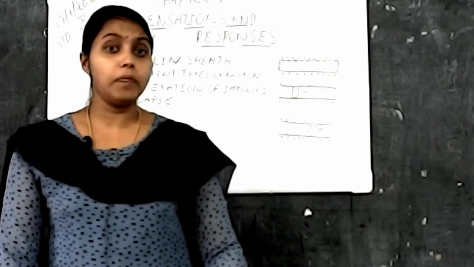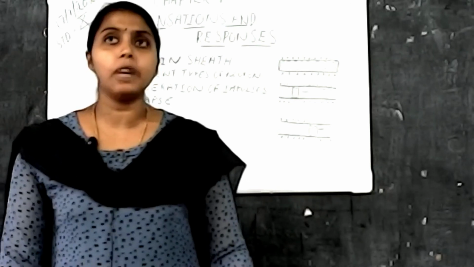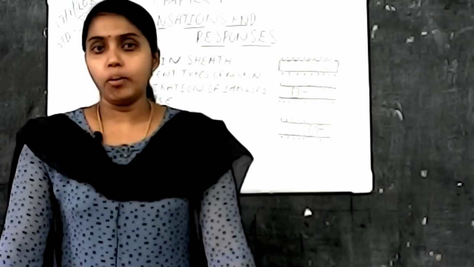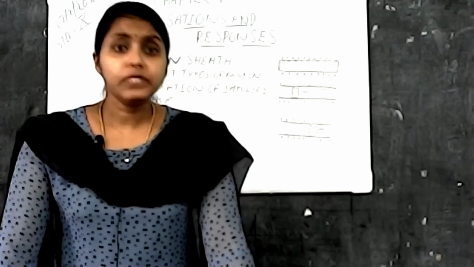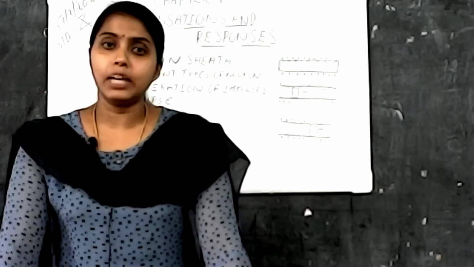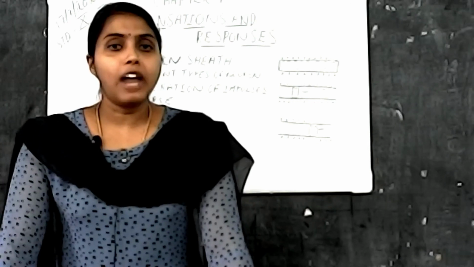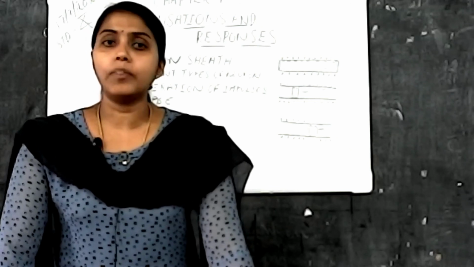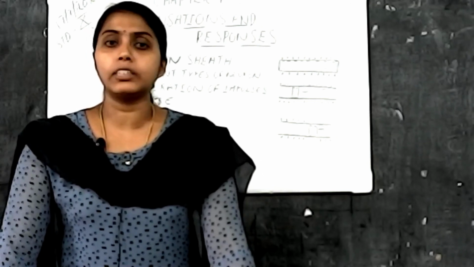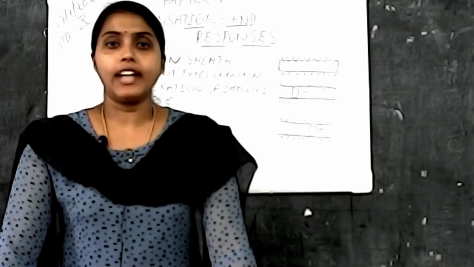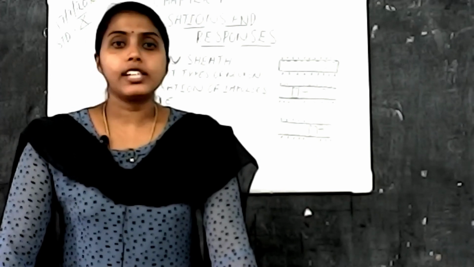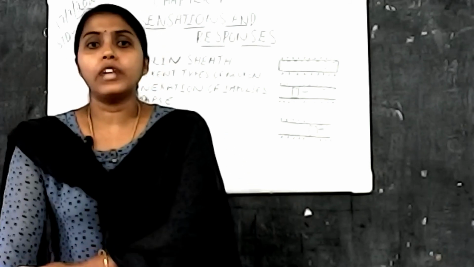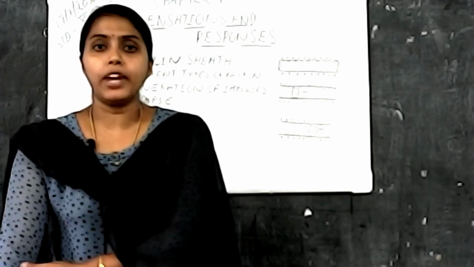And as the name indicates, peripheral nervous system means the nerves that are moving towards the periphery of our body. And central nervous system, as its name indicates, is the part of the nervous system that is present in the center, that is our brain and spinal cord. Central nervous system consists of the brain and spinal cord. Is it clear for you? Now we can move to the brain, structure of a brain.